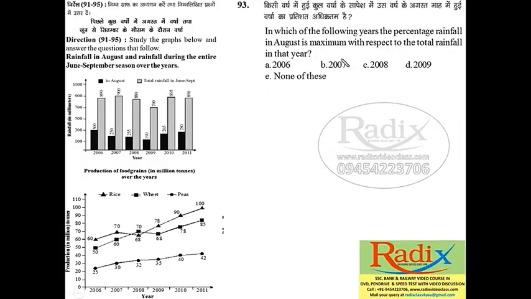ओके नेक्स्ट क्वेश्चन. In which of the following years is the percentage rainfall in August maximum with respect to total rainfall in that year? Okay. If we have to calculate maximum with respect to total, देखो 300 यहाँ पर 890, इधर 900 यहाँ कम है तो ये नहीं हो सकता. फिर 255 880, इससे ज्यादा तो यहाँ पर ये नहीं हो सकता. 190 कंपेयर टू 700, ये पॉसिबिलिटी है क्योंकि देखो ये कम है लेकिन ये बहुत ज्यादा कम है उससे. ये नहीं हो सकता क्योंकि देखो 895 में यहाँ वैल्यू 300 है. मीन्स फर्स्ट पार्ट या तो 300 बाई 890 होगा या 190 बाई 700 होगा.